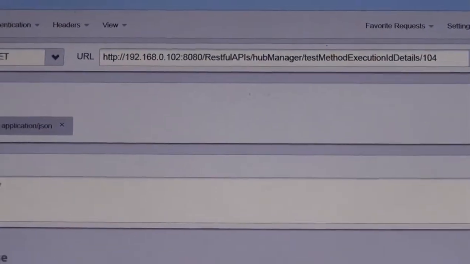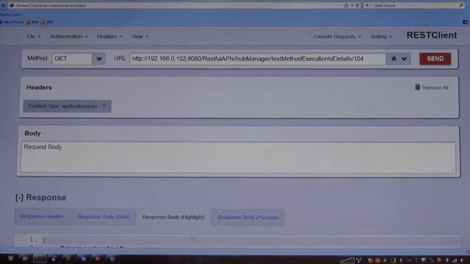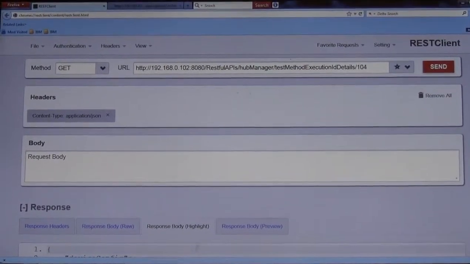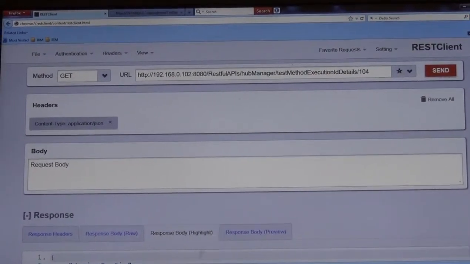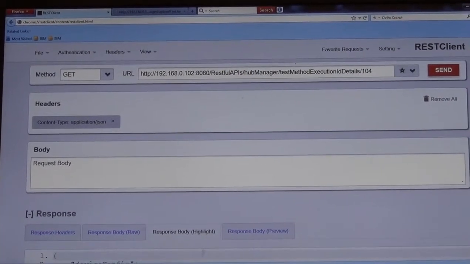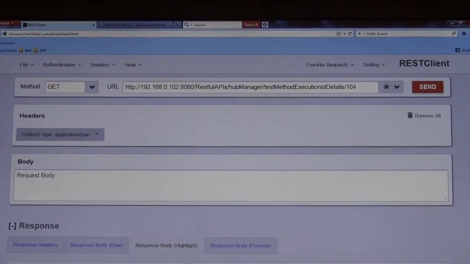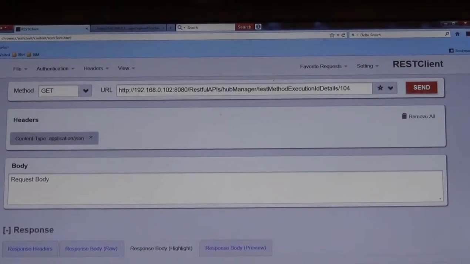So we have seen so far the test request execution summary, test class execution summary, and test method as well. A test engineer must be able to run the failed test suite, or a failed test class, or a failed test method. So we provide those features as well through REST. Let's see if we want to run the test suite.